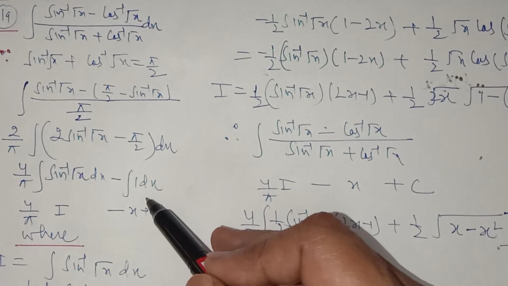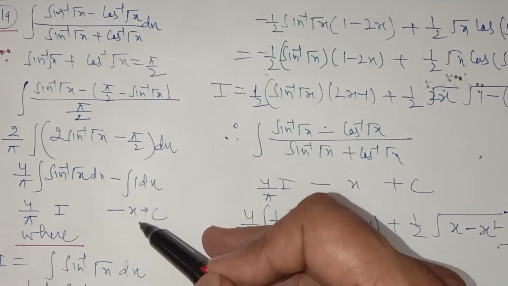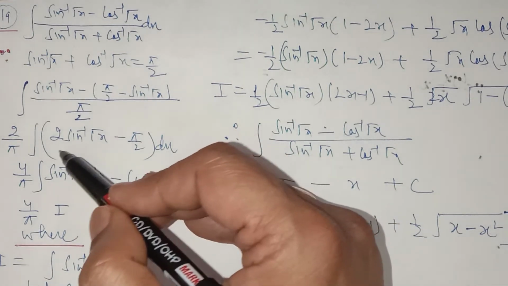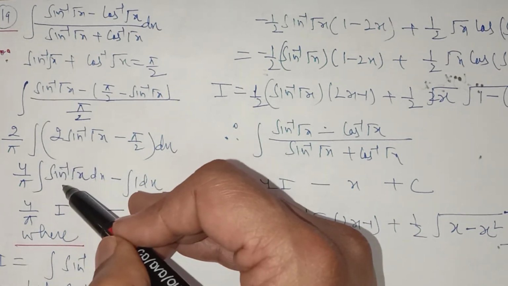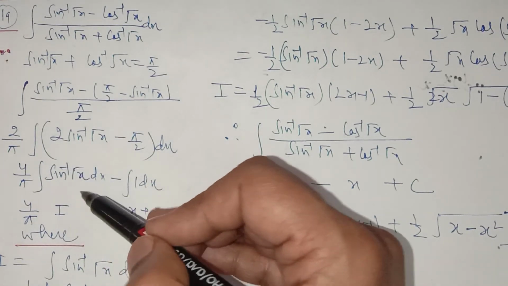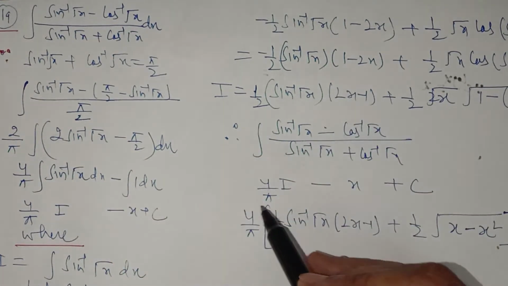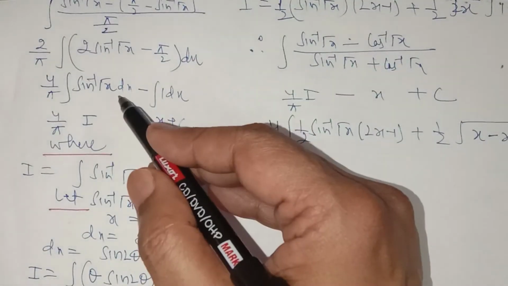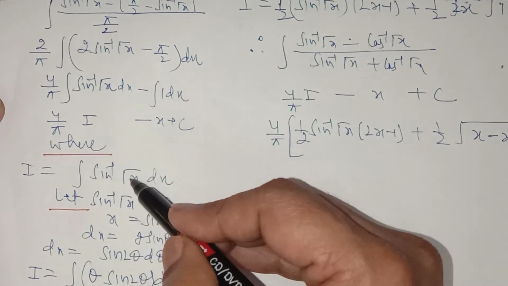This into this is only equal to 1. So it means the integration of this is only 1. Integration is x. And see this integral, sine inverse root x. I will replace it with I, and I will show you how to integrate this sine inverse root x, and then you will replace the value of this integral here. So I am taking this as I and integrating it separately.